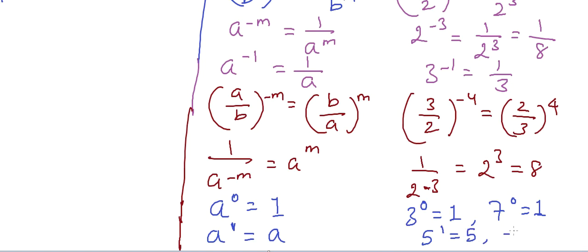The base can be positive or negative. Similarly the power also can be positive or negative. Suppose it's minus 3 whole power 1, then it's equal to just minus 3, because anything power 1 is the same number.